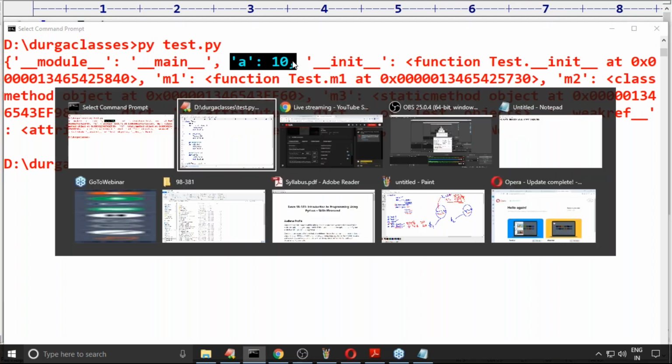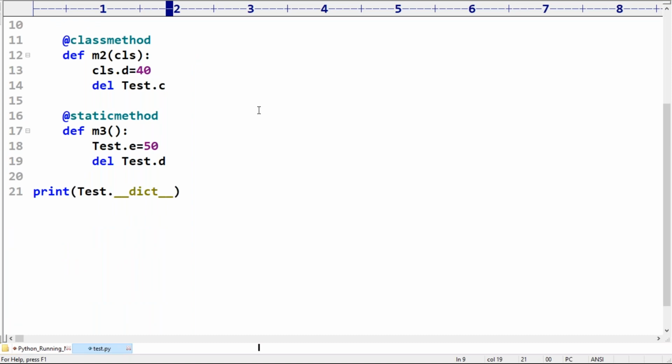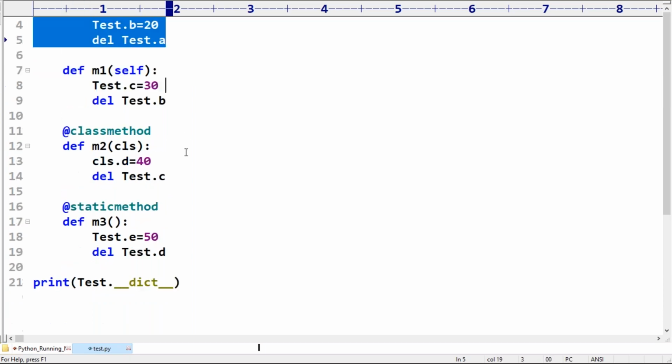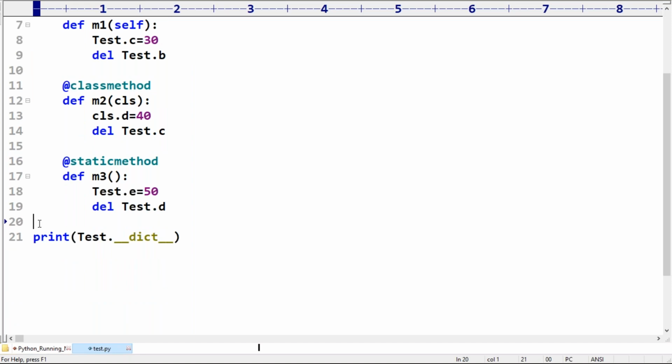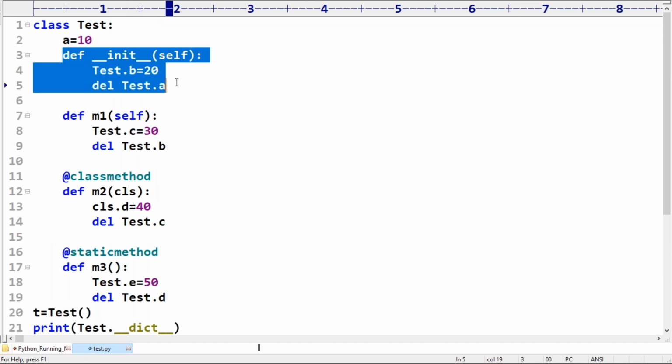Now my question: suppose I give the chance to execute the constructor, with t is equal to Test. Can you please tell what will happen in this case?